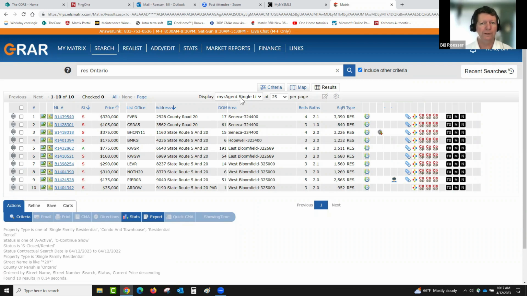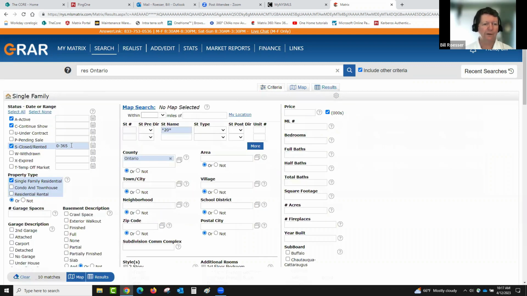Let me show you a couple other examples of this. I'm going to go back to the criteria again, and I'm going to enlarge the area that I'm looking for. I'm going to go back and look at all solds that happened here. So delete out the 0 through 365. I'm now looking all the way back to 2001 for every sold that took place. And when I go to the results now,